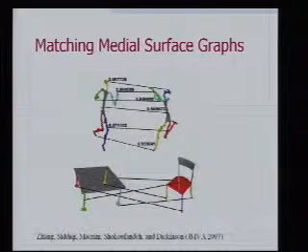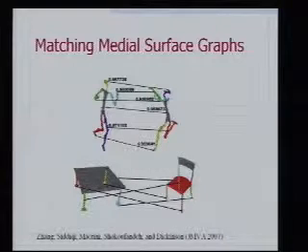And here's the same framework applied to these medial surface graphs that we talked about. So we compute these things, and we apply the same matcher. The only thing that's different is the node similarity function. So a medial component, how do we compute the geometric distance between the 2 medial components? That's the only domain-dependent part of the whole thing. And now we run it between these 2 things, and sure enough, it is able to find corresponding parts, and it found no correspondences for this, of course, in the max cardinality min-weight matching. It's not going to pull in bad correspondences, depending on how you balance these 2 terms. But it's able to find similar structure across categories, okay?